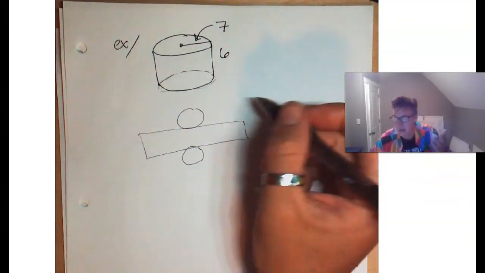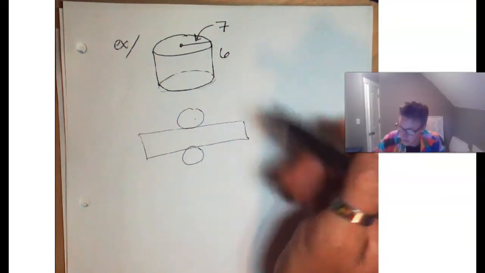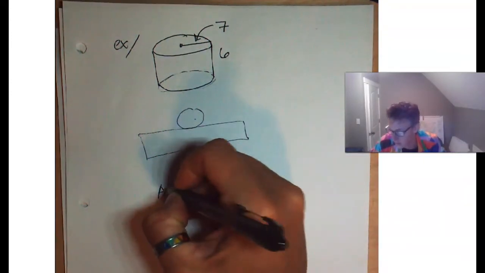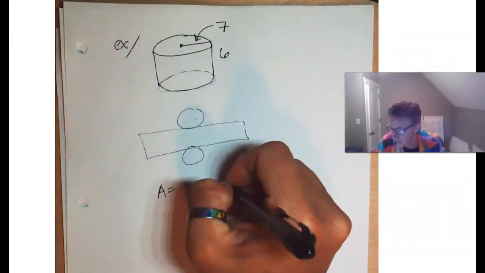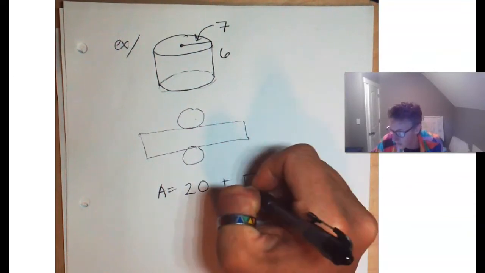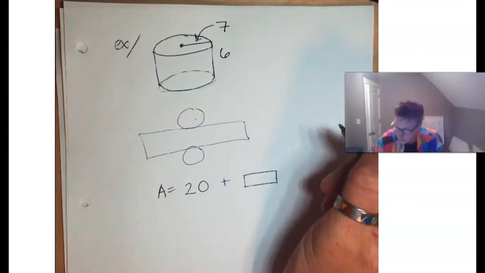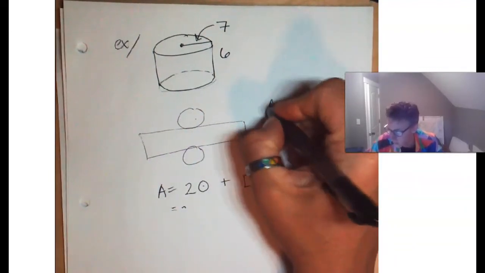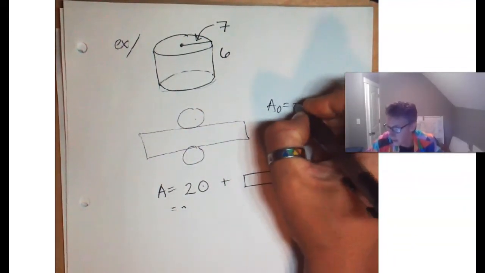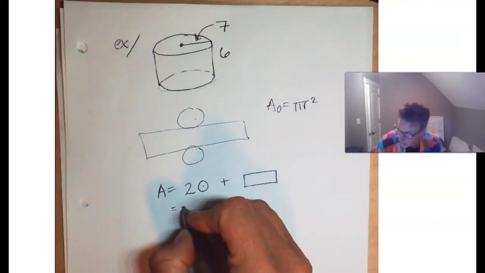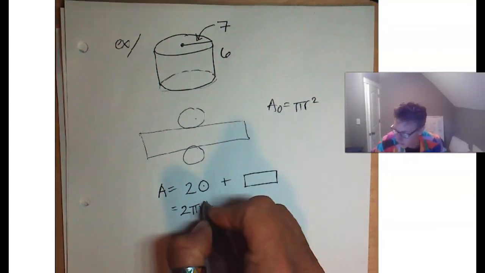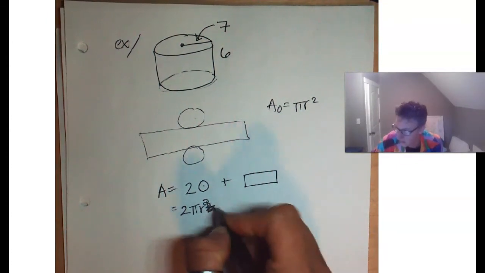So we need to find the area of these 3 shapes. We need to find the area of 2 circles that are identical. So our area is going to be 2 circles plus the area of the rectangle. Okay, great. We know the area of a circle is pi r squared. So we're going to have 2 times pi r squared, plus